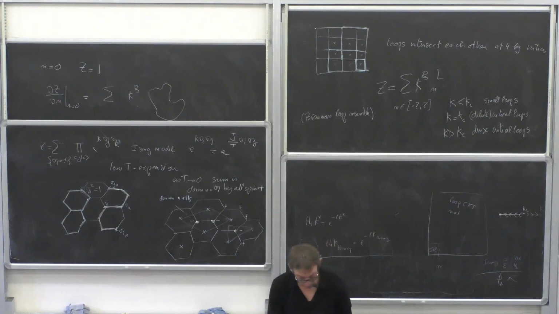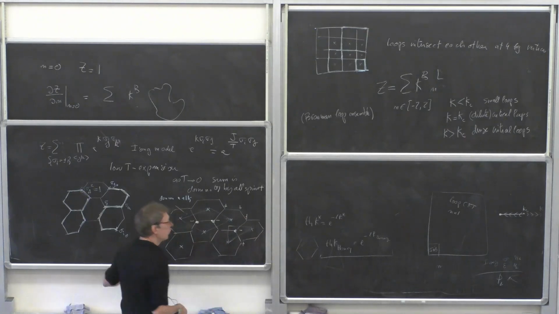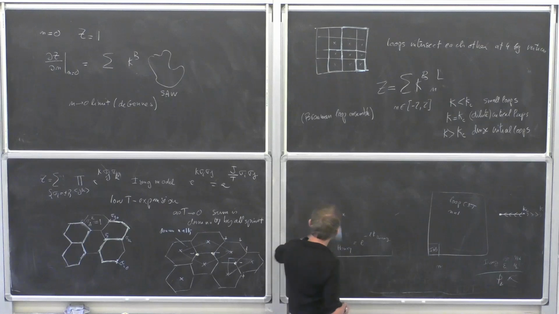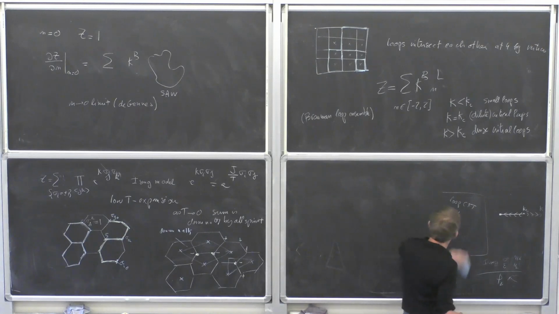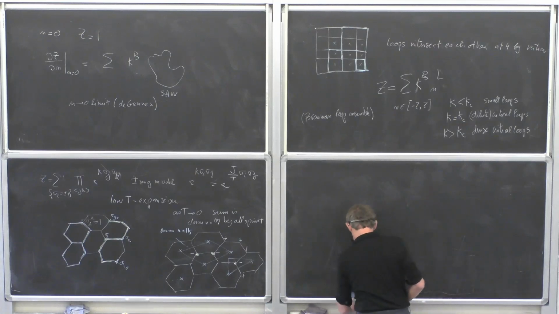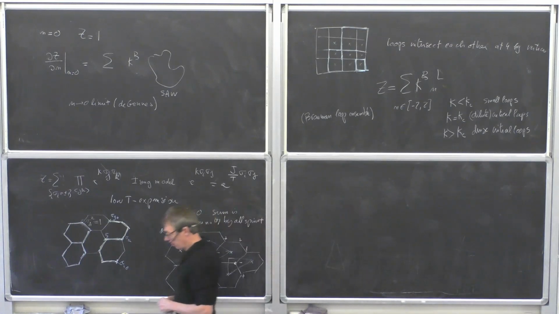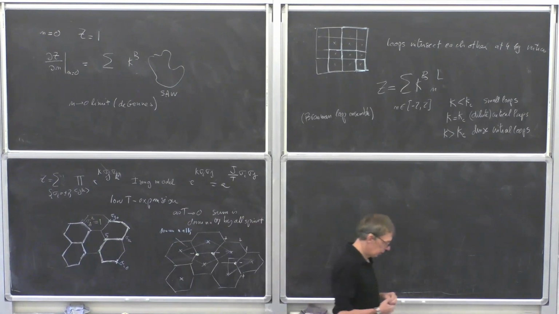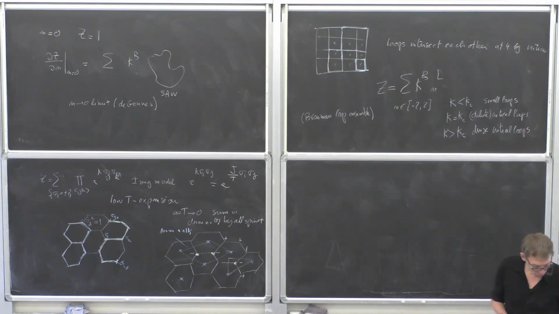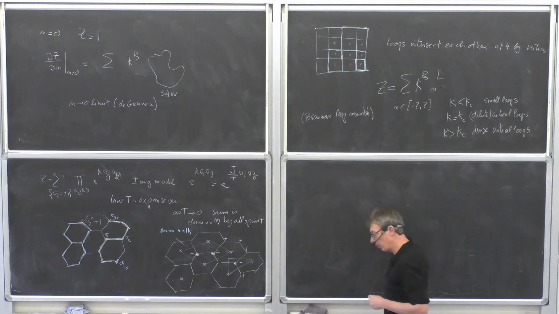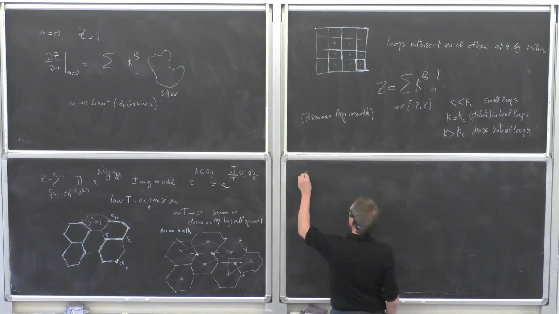So now maybe I should cut to the chase a little bit. We want to solve these loop ensembles. We want to know their critical exponents. We want to know a lot of things, and it's interesting, and it's not straightforward. All right, so there's a lot of technology, and I would like to start in a very classical way by discussing maybe the most natural loop ensemble from the point of view of statistical mechanics, which is the one related with the Potts model. So let's make a detour